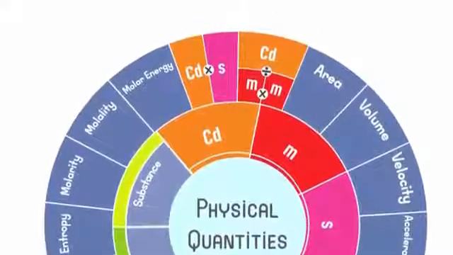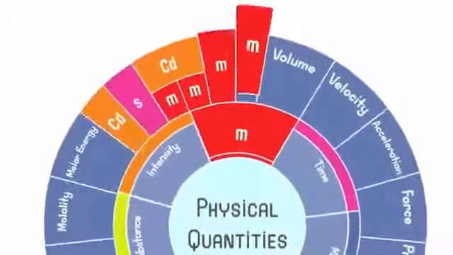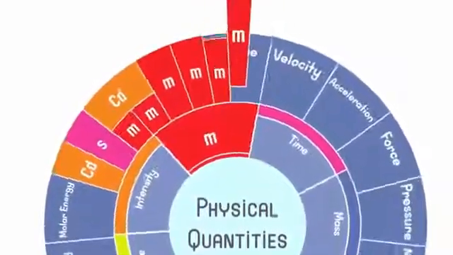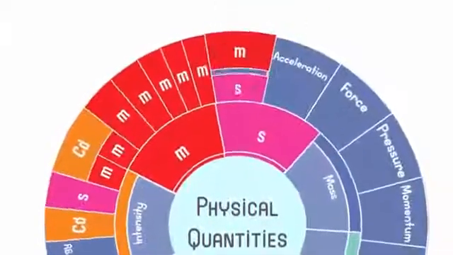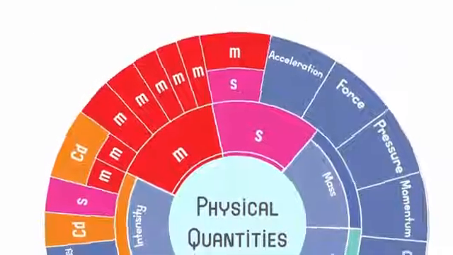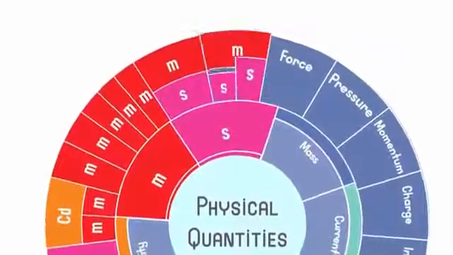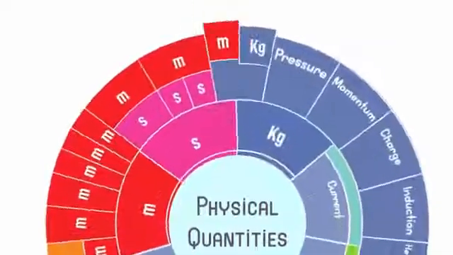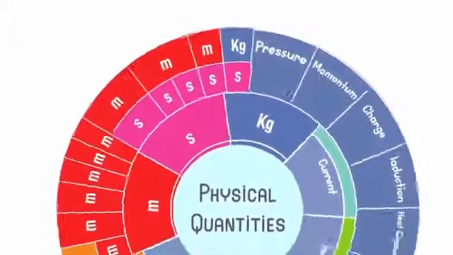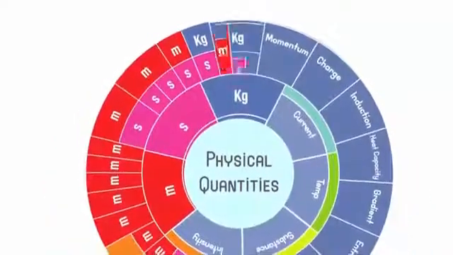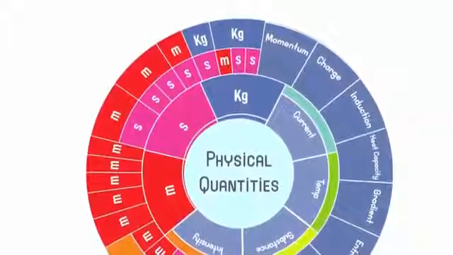Derived units will usually come by multiplying two fundamental units, multiplying as well as dividing. For example, for area we multiply meter into meter, for volume we multiply meter into meter into meter, for velocity we do meter per second, for acceleration we do meter per second square, for force it is meter kilogram per second square, for pressure it is kilogram per meter per second square,